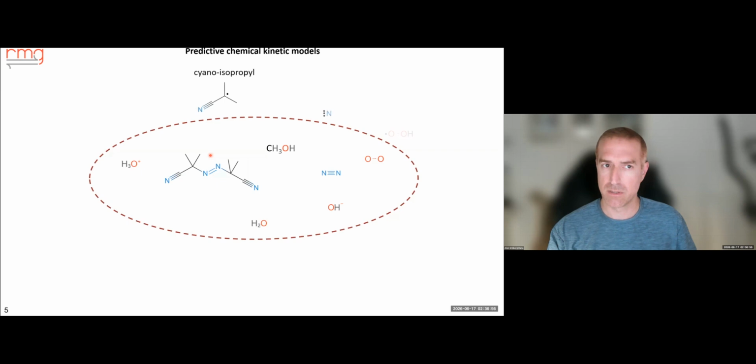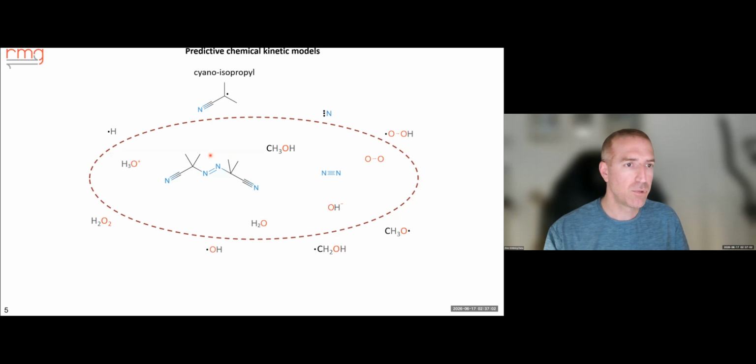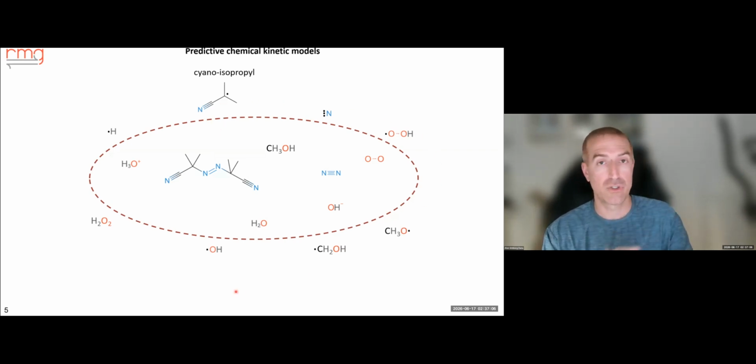So it applies its templates. Soon we'll see how it does that and where the data is coming from. And it predicts the possible products. And it also predicts the actual reactions, as we said, rate coefficients, the reaction family. So that's question number 1. What's possible? What can this mixture generate?